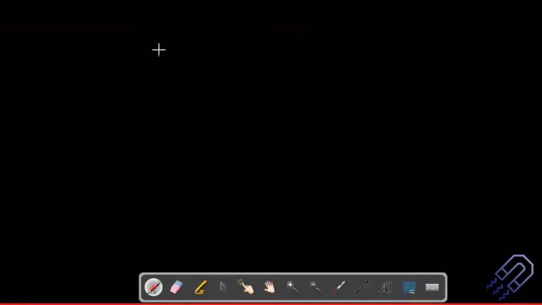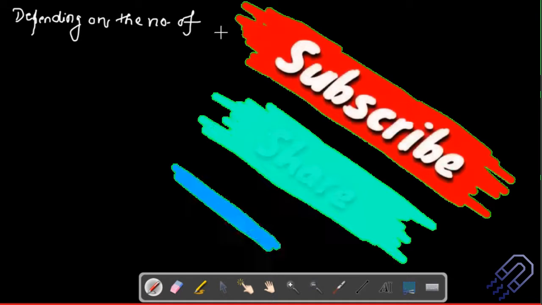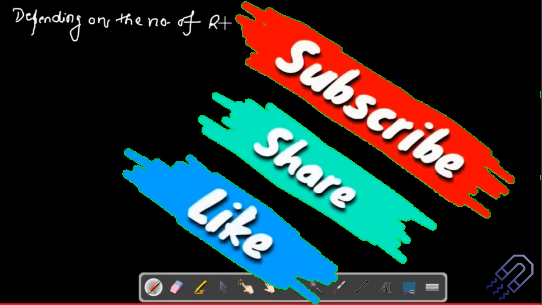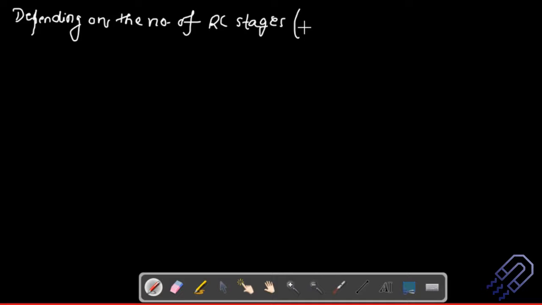Okay, so what we do now is we are going to just look into this factor, with this particular term. And here I'd say that depending on the number of stages, RC stages. Which stage are we talking about? RC stages. So let's say we have got n stages. It might be 3, it might be 4. This frequency will be